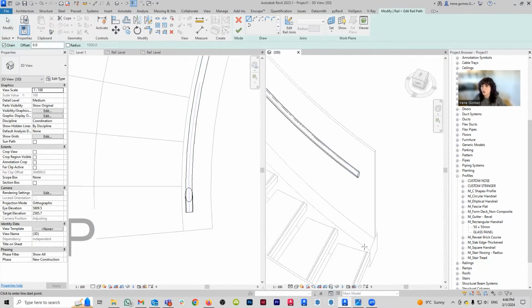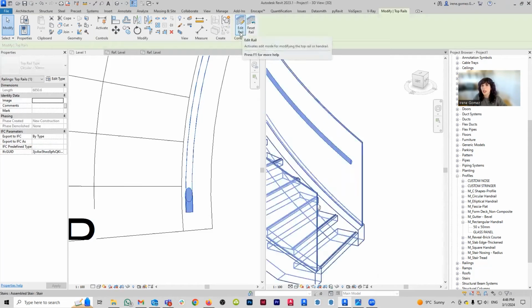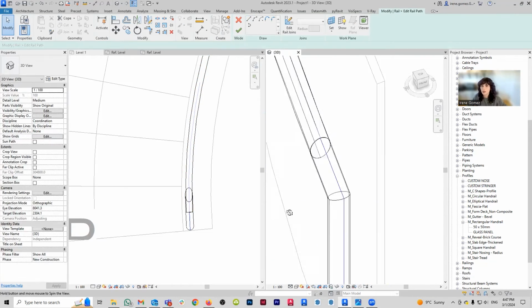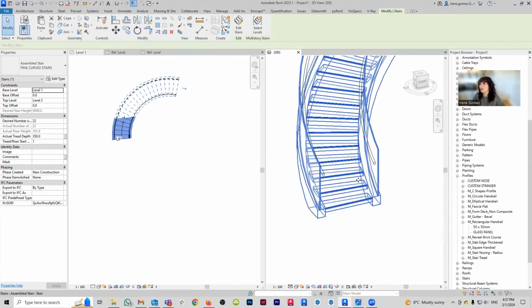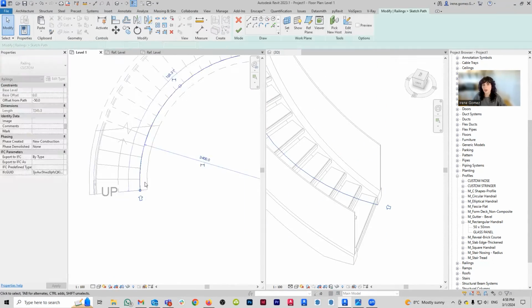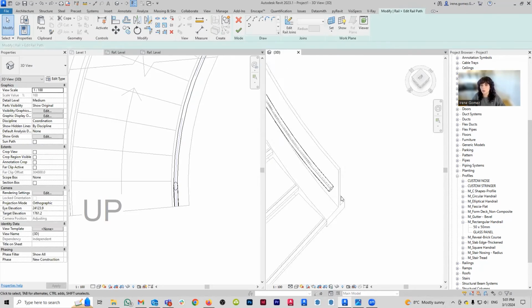So basically what you're going to see me do here, which took me like an hour, is try to create an extension for the railing that makes it go down and has that curve, that fillet element that we really like in the reference image. But the thing is that in Revit, there's a couple things that you have to keep in mind with top rails. Number one, the length of your top rail is defined by the railing system. You cannot shorten it, but you can extend it.